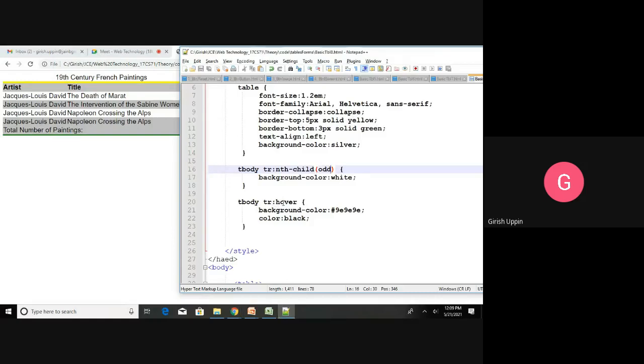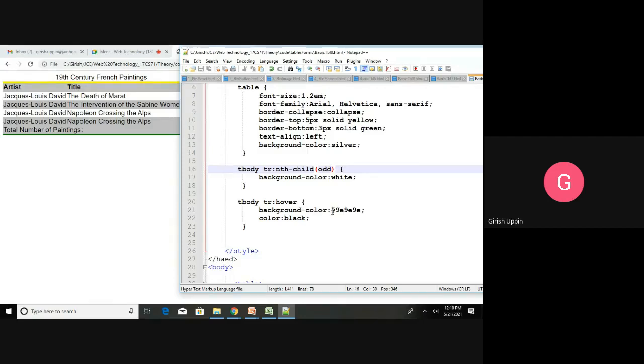Next is hover. Hover is what? You must have already noticed whenever I am moving the cursor over tbody tr, the background color is changing, isn't it? So the next property is tbody tr:hover. When you say this, some background color is specified here.